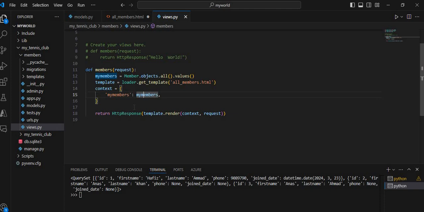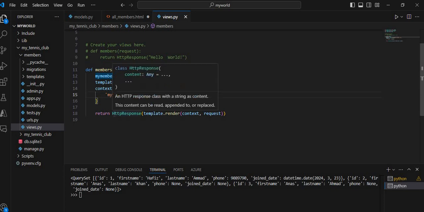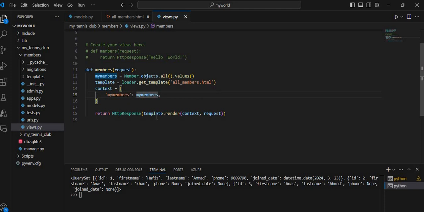उसके बाद मैं क्या कर रहा हूँ, रिस्पांस में सेंड कर रहा हूँ जो ऑब्जेक्ट है, सेंड द ऑब्जेक्ट टू द टेम्पलेट। मैं टेम्पलेट के पास ये जो ऑब्जेक्ट है जिसका नाम कॉन्टेक्स्ट है उसको सेंड कर रहा हूँ, and the output is the HTML that is generated by the template। मैं आपको अगर दिखा सकूँ